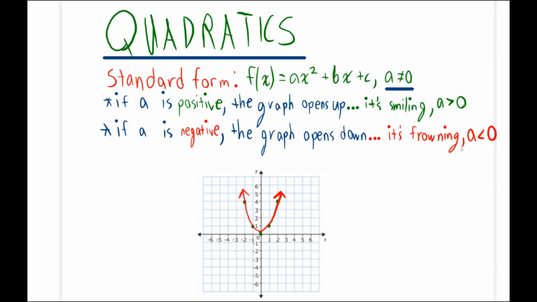Now, we have this example right here, and it's actually our parent function for all quadratics. And our parent function is like the function without any vertical shifts or horizontal changes. So here's the parent formula for the quadratic f of x equals x squared. And if we were to have a table right here,